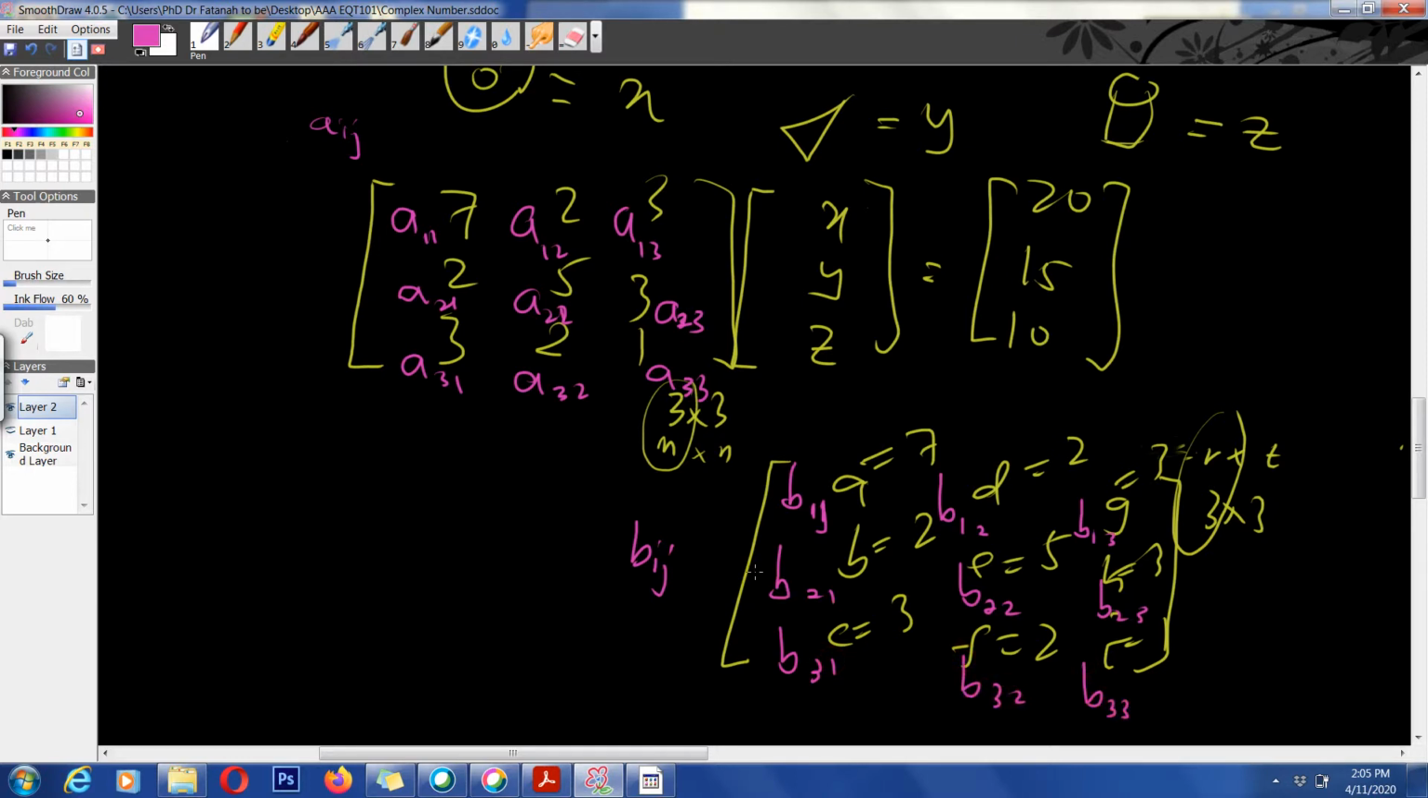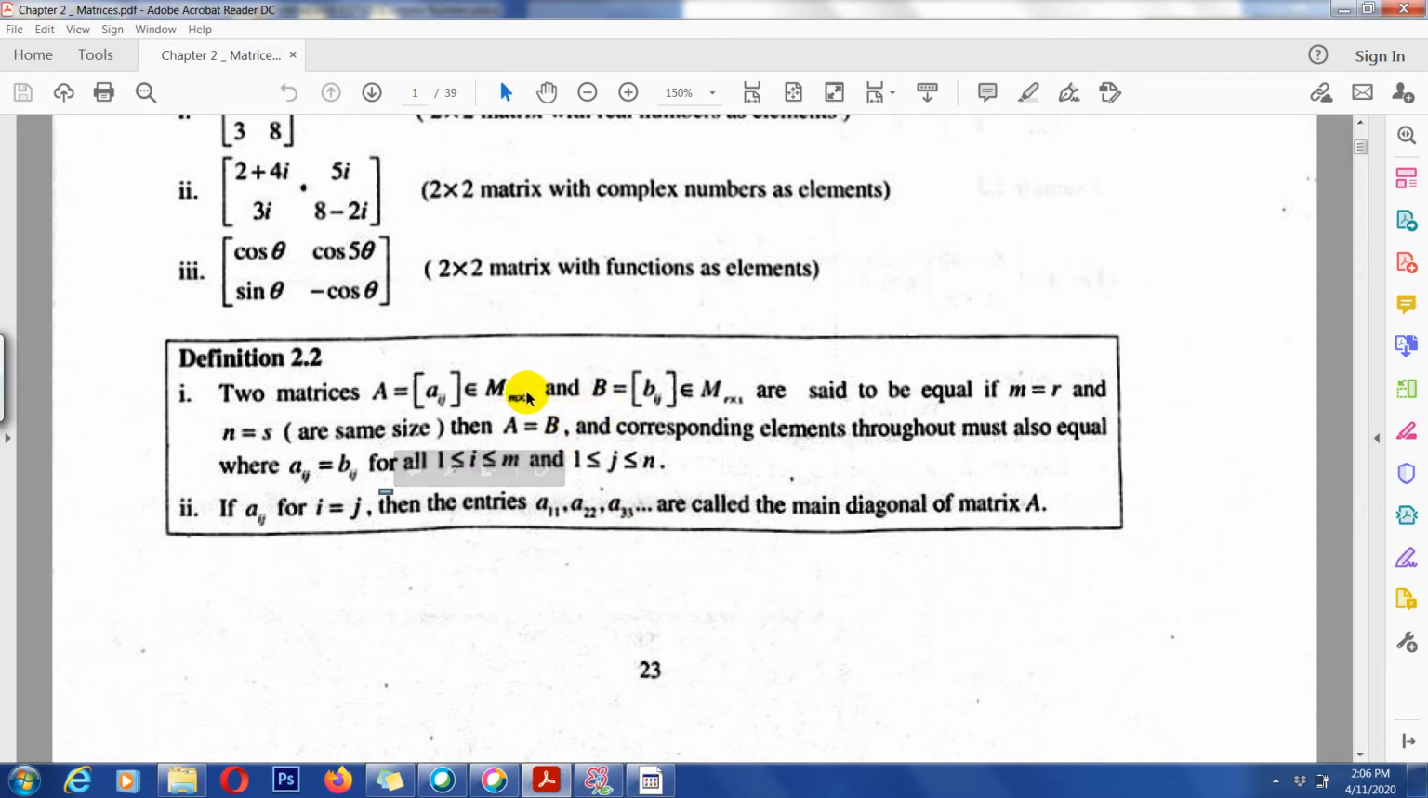This is position. That's why he said in the definition that Aij is equal to Bij. Once M equals R, we have this equal, and then every element inside the matrices is equal to Bij. So we say that the matrices are equal, right? That is the meaning of this definition, right? So next,